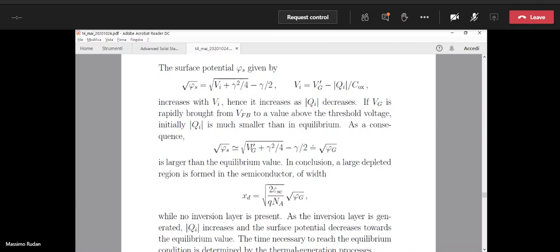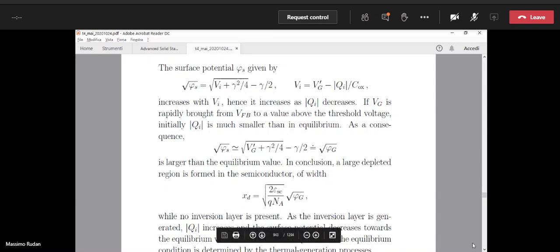That means also that the extension that we usually call XD of the depleted region is much larger than in the equilibrium condition. So XD, at the instant in which we switch from the flat band voltage to the high value of the gate voltage, is given by this formula, XD equal to this coefficient times the square root of phi g, and XD is much, much larger